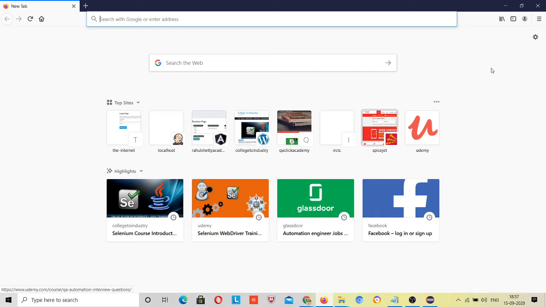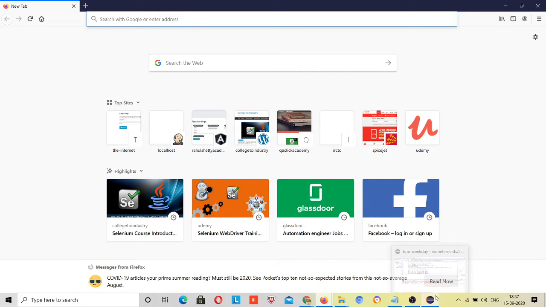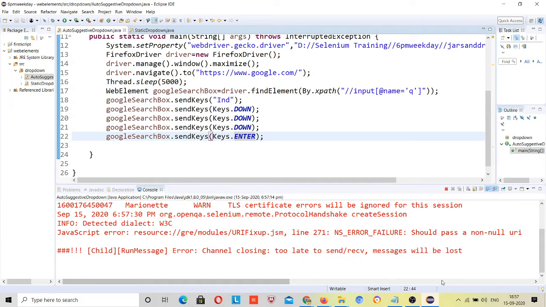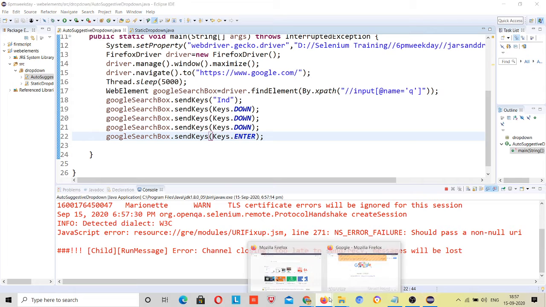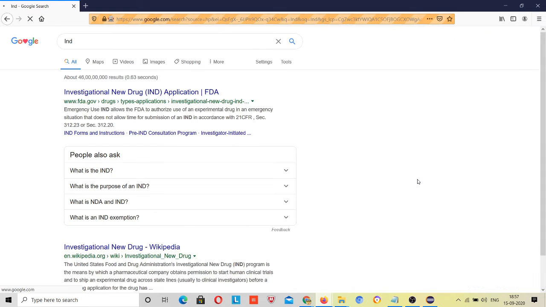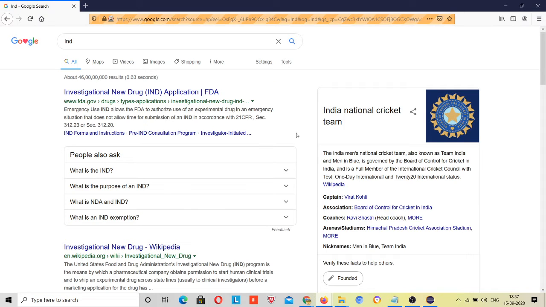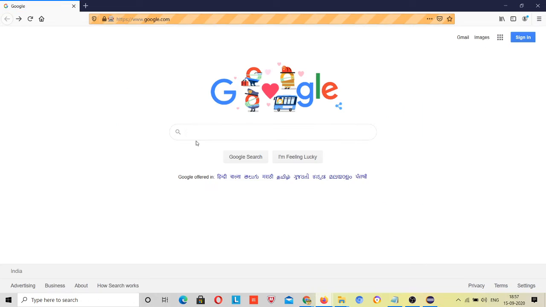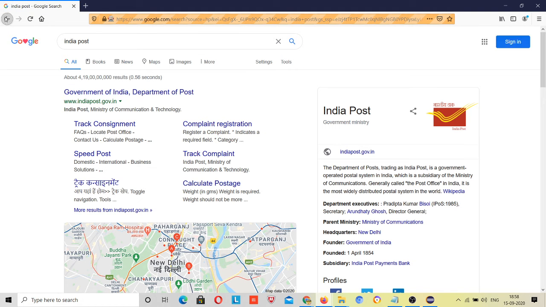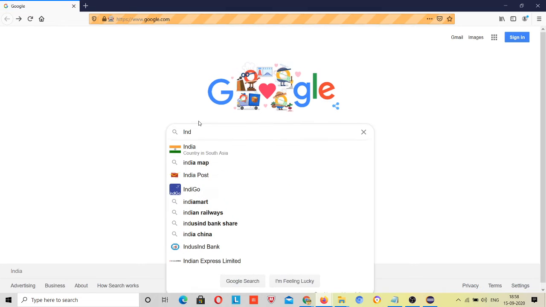This is not my browser which was launched. It just did one thing, IND.